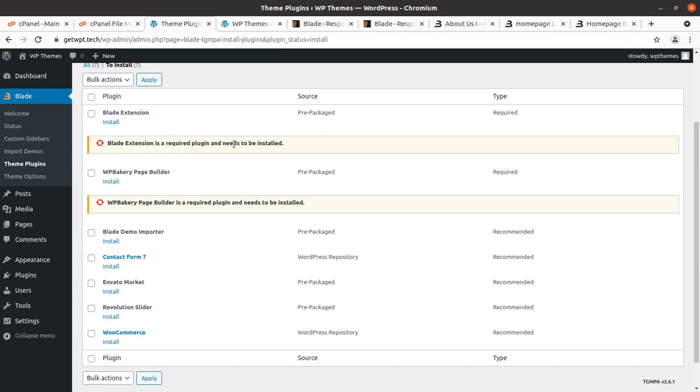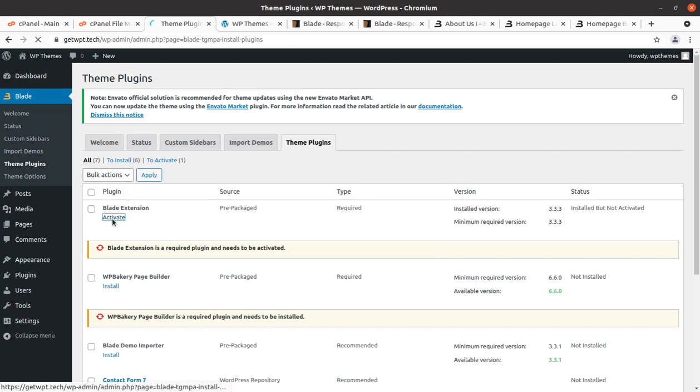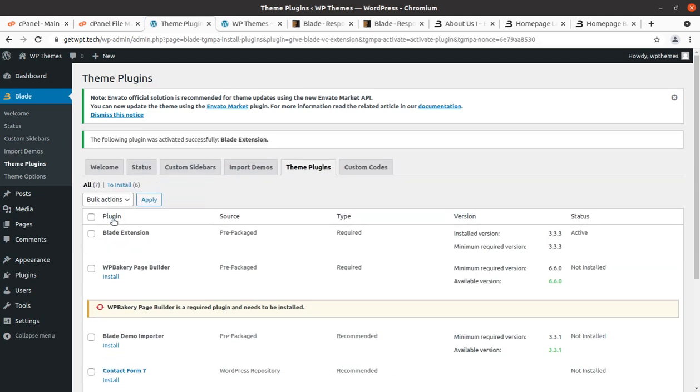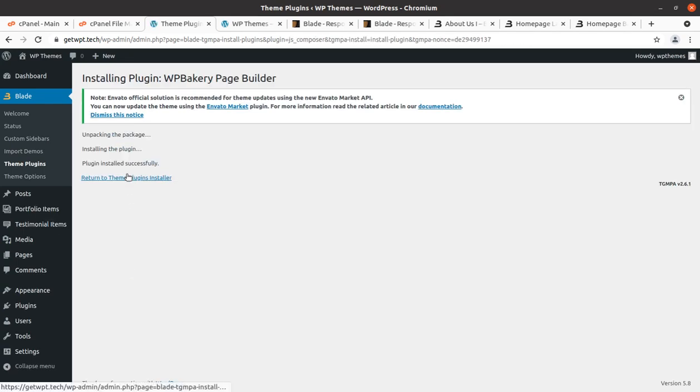Blade extension is a required plugin and needs to be installed. Let us first install the Blade extension, and it has been installed successfully. Activate it. WP Bakery page builder. This theme uses WP Bakery, so it is also a necessary installation.